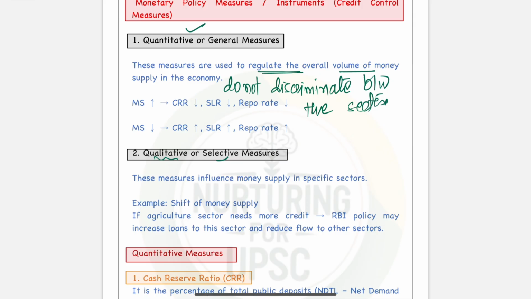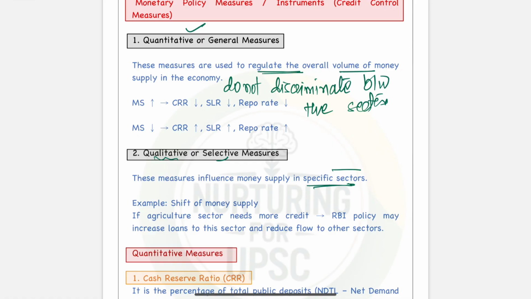पर वही क्वालिटेटिव जो रहता है ना वो सिलेक्टिव रेट रहता है, इससे स्पेसिफिक सेक्टर्स पे मनी सप्लाई बढ़ेगा, स्पेसिफिक सेक्टर्स पे मनी सप्लाई कम होगा। वो कैसे करेगा? आरबीआई बोलेगी कि भैया सोलर हाउस होल्ड सोलर पावर प्लांट्स के लिए ही जो लोन दिए जाएंगे उसी पर क्रेडिट इंटरेस्ट कम करना है तुमको, उसी पे आपको लेंडिंग बढ़ानी है, ऐसा बैंक्स को बोलेगी। सिमिलर इज द केस विद प्रायोरिटी सेक्टर लेंडिंग। बैंक्स बोलेगी कि आपको 6 7 8 सेक्टर जो भी है उन पे आपको लेंडिंग बढ़ानी है, तो फिर अगर आप उस पे लेंडिंग नहीं बढ़ाओगे तो फिर आपको ये पेनल्टी देना पड़ेगा।